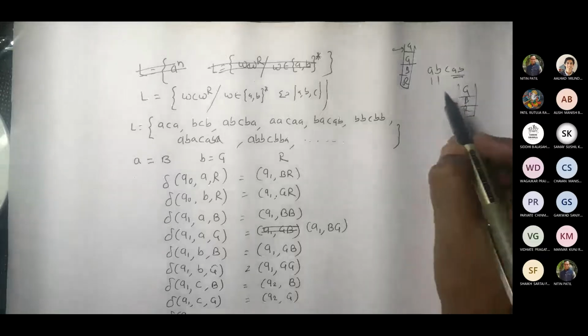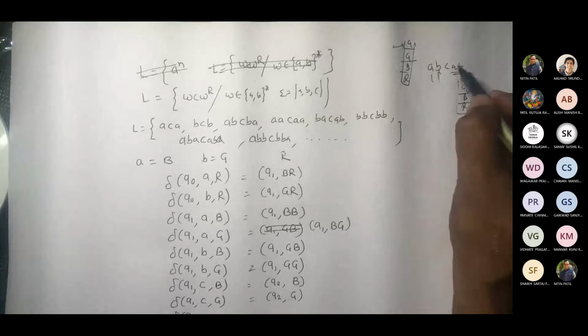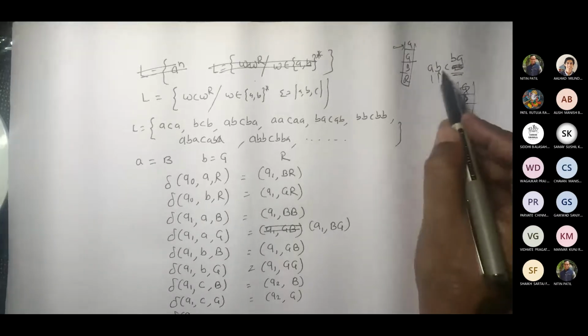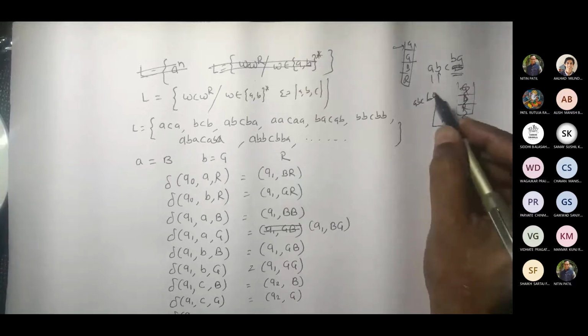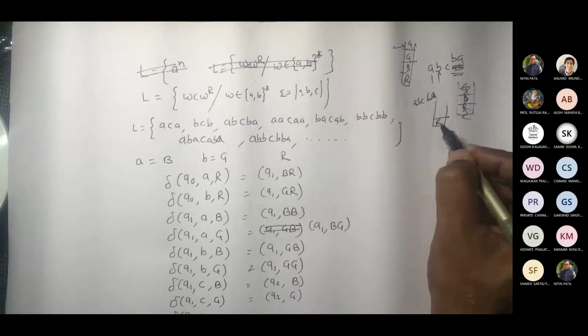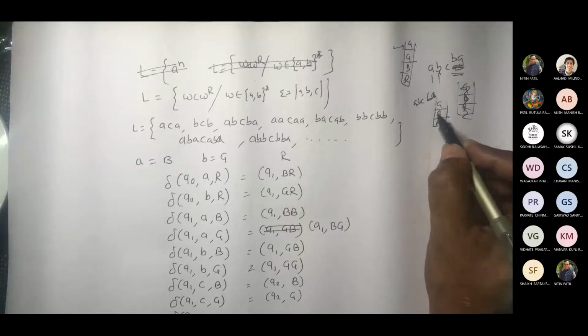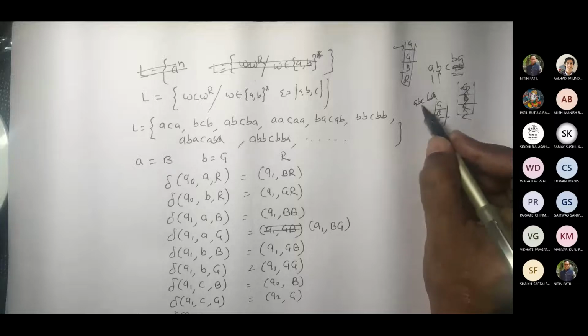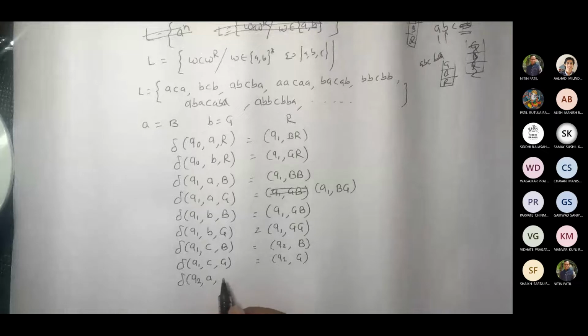So that means what? If I see B, then at the top I should get G only. Sorry, G only. So if it is B A, if it is A B C B A, now my string is A B C B A. What would be the scenario? R, B, G. So if I get B, then ultimately I'm going to get G. If I get A, then I should get B only. So the possibility is this.